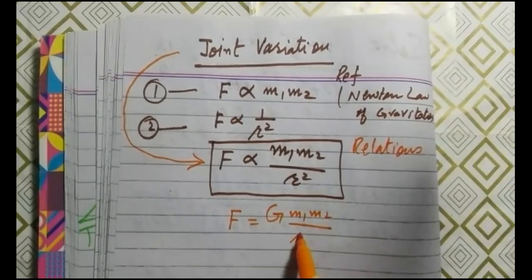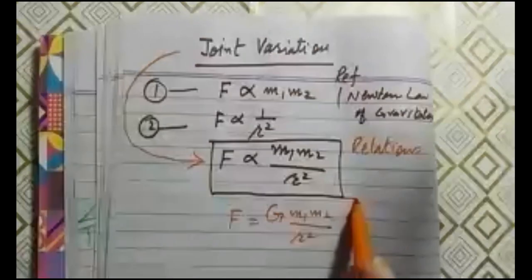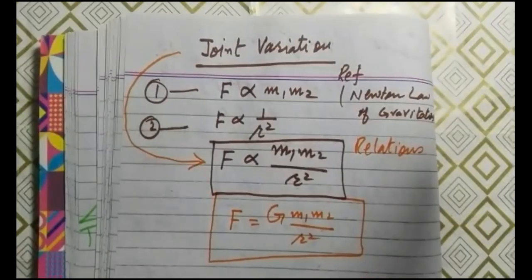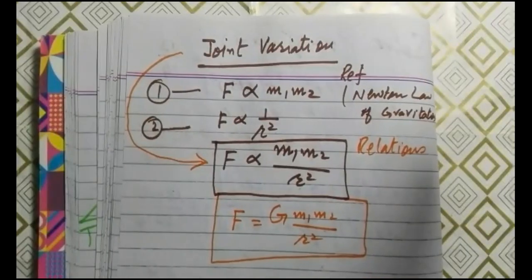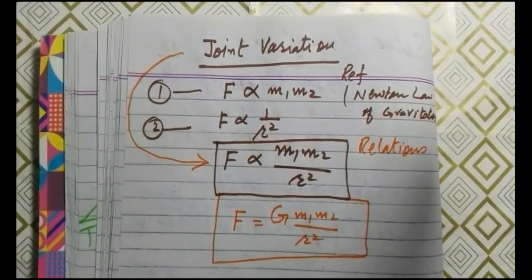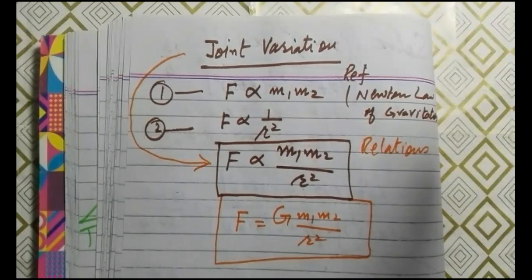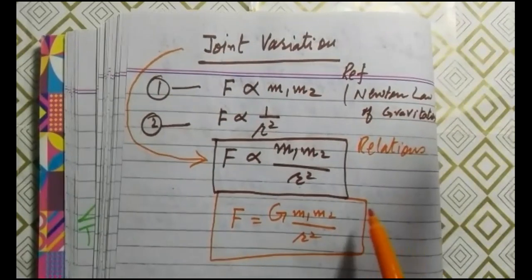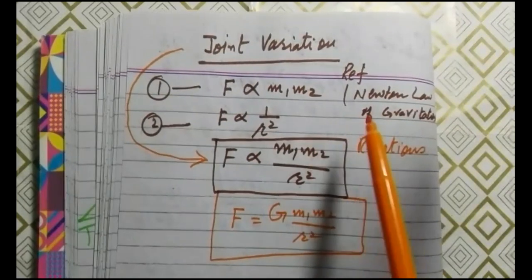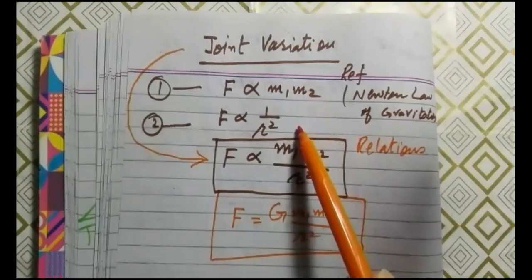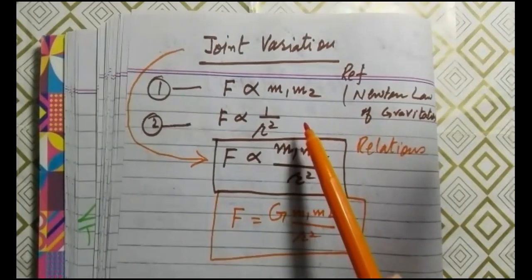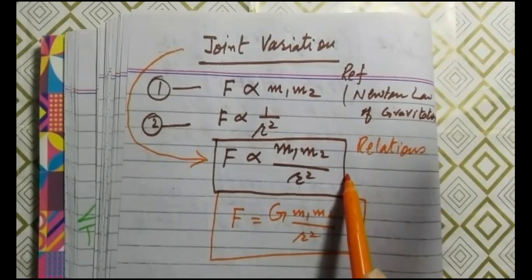and then you work out the solution. And normally you write Newton's law of gravitation in this format, where G is called the gravitational constant and its value is 6.67 × 10^-11 Newton meter square over kilogram square. So the point is this, that I want to explain to you that two variations, direct variation and inverse variation, are collectively done in a single relation, that is called the joint variation.